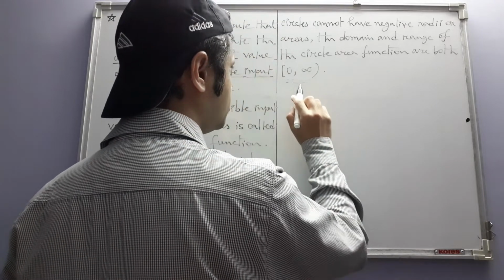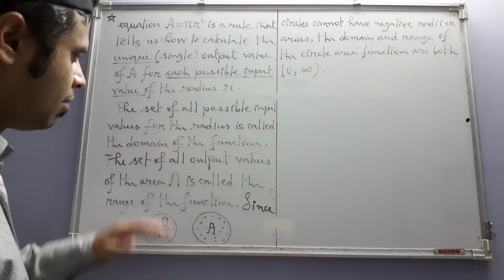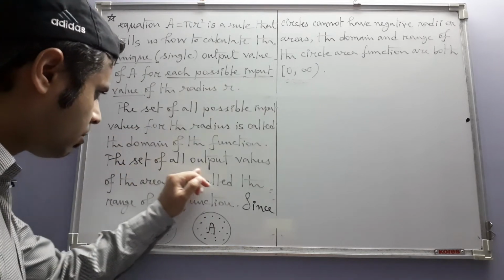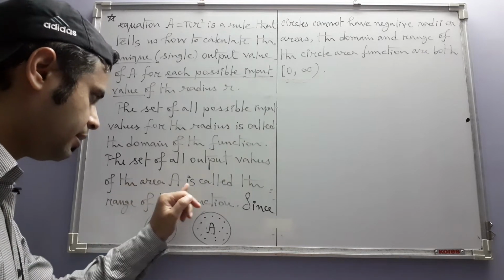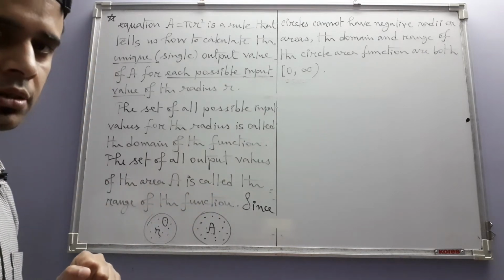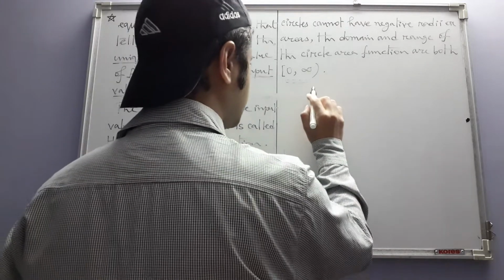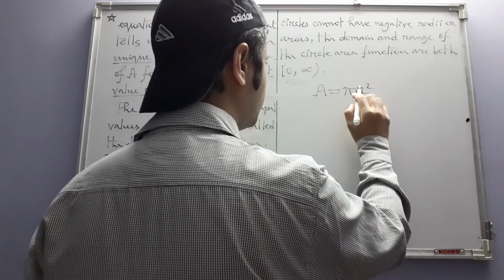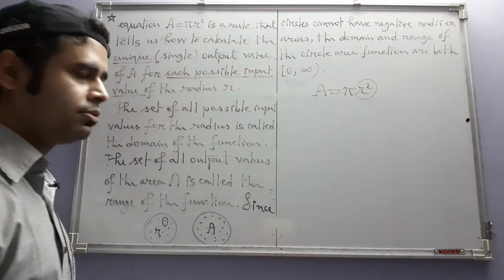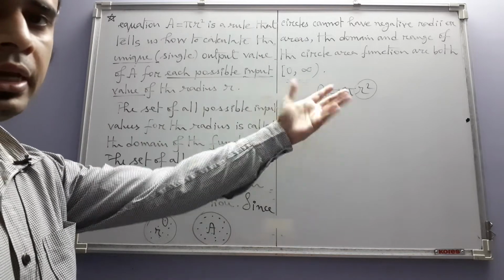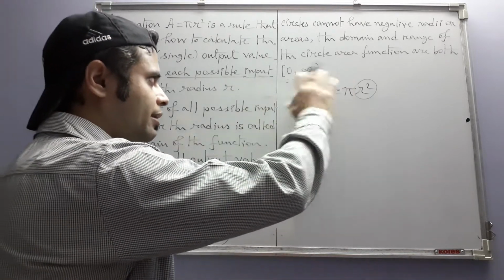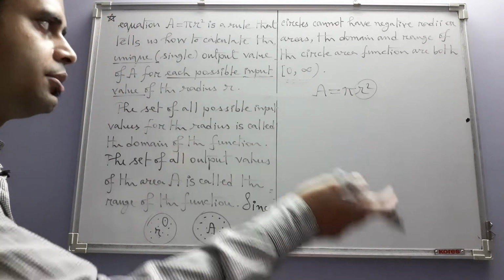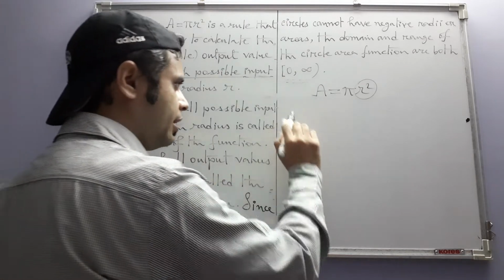What are we saying here? We are saying that the set of all output values of the area A is called the range of the function. That means that when this is our function, you put one value of r, say r equal to 0, you get one value of a equal to 0. You put another value of r, some positive real number, you get a corresponding a. Another r, you get a corresponding a. All those a's,